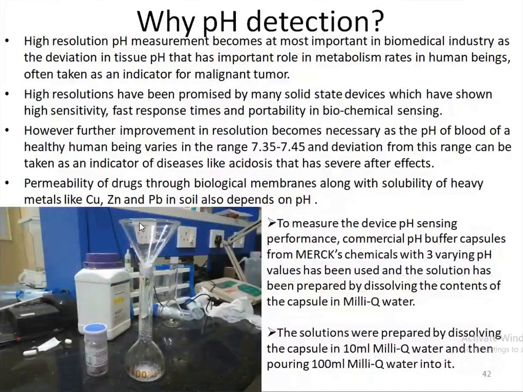So how can this pH solution detection be used in biosensing applications? The pH of solutions has a high dependence on whether a person is affected by cancers or tumors. For example, if we consider the blood pH of a normal human being, he'll be having a blood pH in